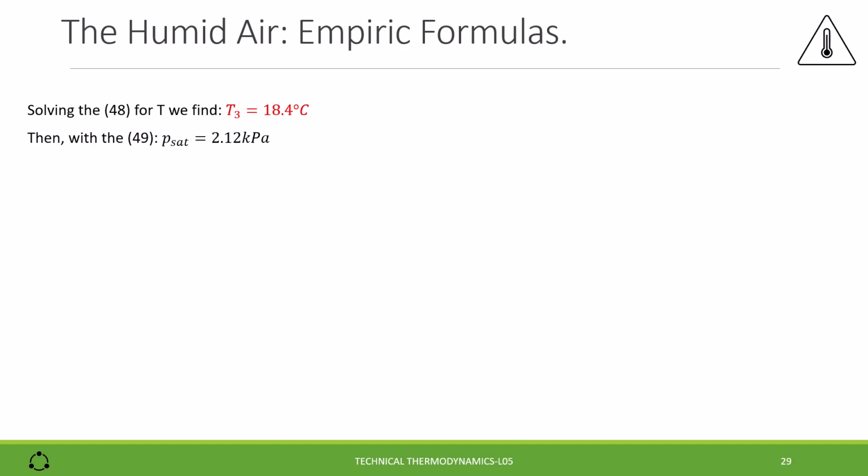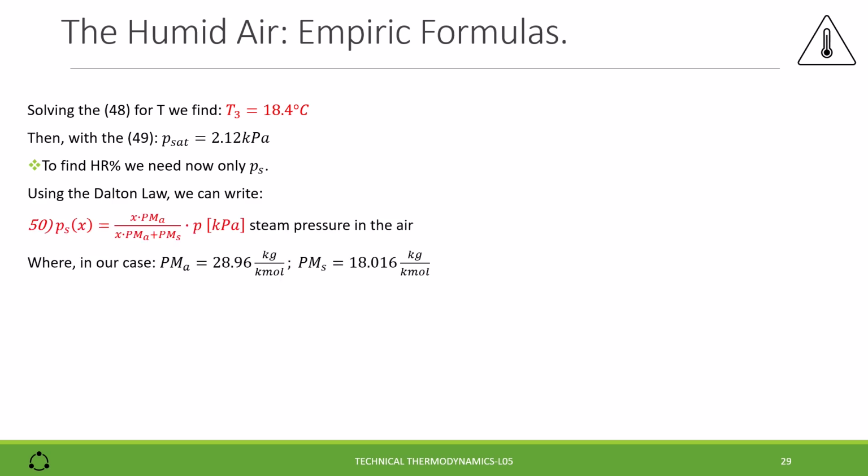Then, with the formula 49, we calculate the saturated pressure of the steam, that is 2.12 kilopascal, and to find the relative humidity, we need now only the pressure of the steam, that we can calculate by using the Dalton law, the formula number 50. In our case, PMA and PMS are the molecular weights of the air and the steam respectively. X is the absolute humidity and P the total pressure. The result is for PS